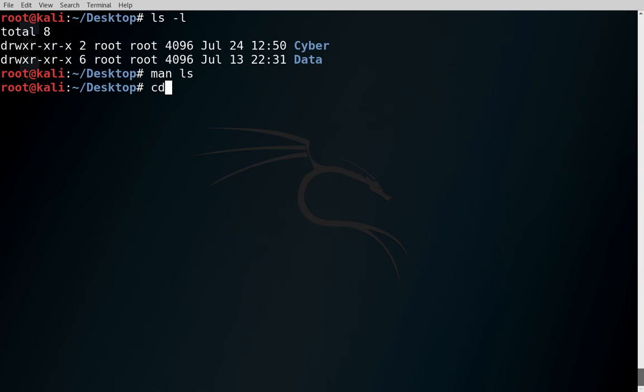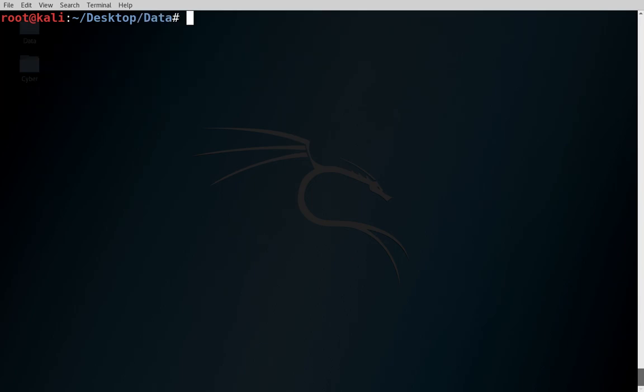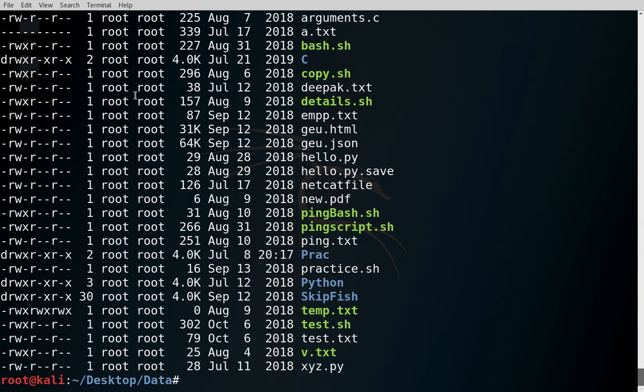So what I will do is go to the data folder, clear this, and now I will check ls -lh, and you can see we have 10 characters here, some are dashes, and the first is d.